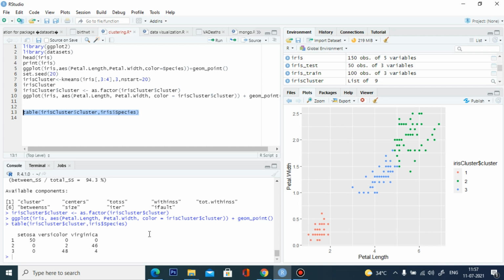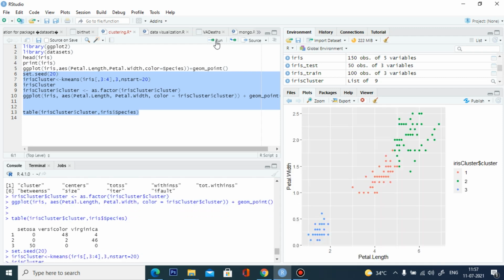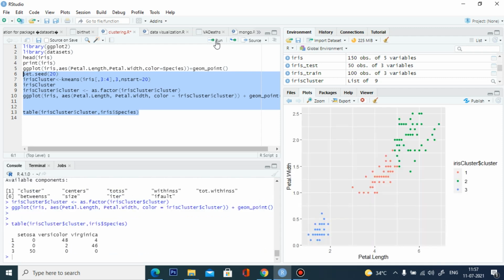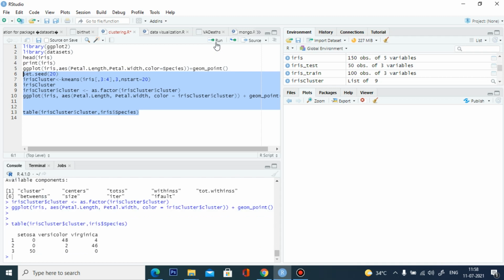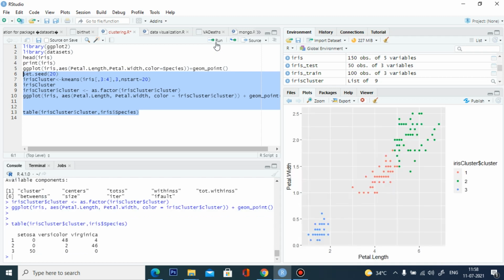This will not change, even if you run it multiple times, because the clustering is based on our data set. No matter how many times you run it, the pattern will not change.